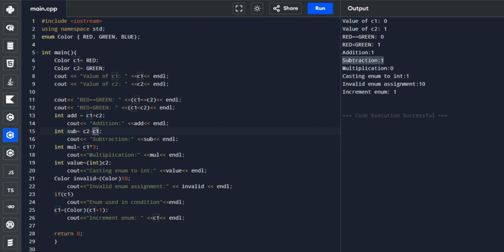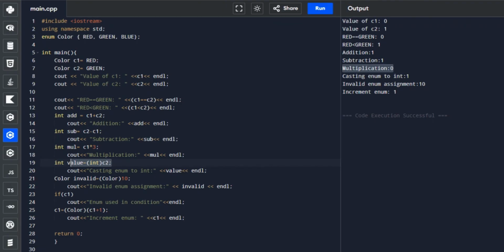And then in our multiplication, our C1 here is 0, and then multiplied with 3. Of course, it will give us the value of 0. So that's why it displays 0. Next is the casting to integer, where we are casting or converting the enumeration C2 to the variable named value.